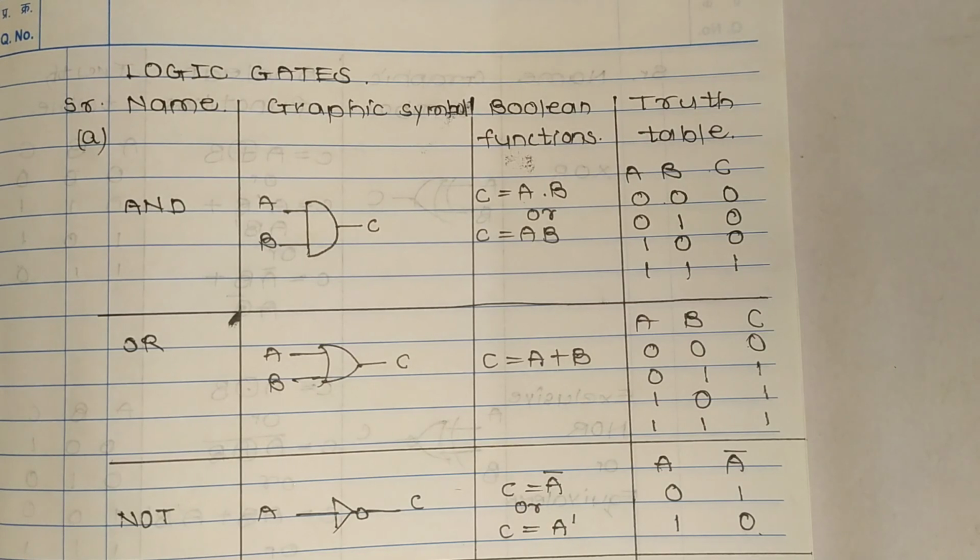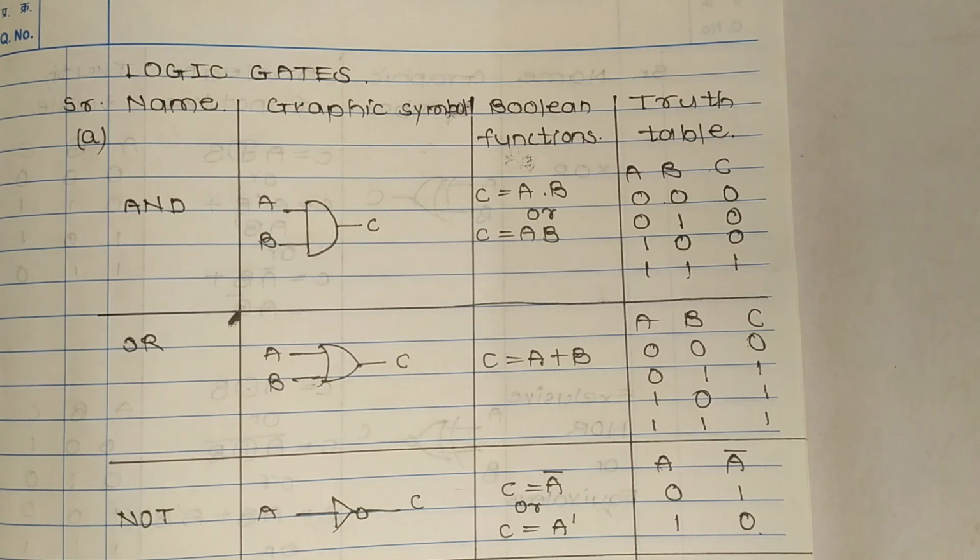These logic gates are building blocks of electronic circuits in computer. Digital computers use a variety of logic gates in their design. Each gate has a standard graphic symbol and a boolean function, which is an expression that describes its operation. We can represent the input-output relationship of binary variables for each gate in the form of a truth table. So these are logic gates.